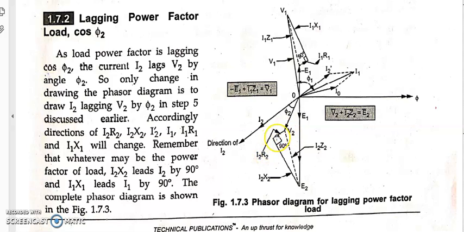Again, this is your voltage drop across the resistance, and we know that for a resistor, voltage and current are in the same phase. Yes, voltage and current are in the same phase. So that's why you can see that this I2R2 length as well as I2 are both parallel. Yes or not? Parallel in the sense that the phase angle is 0 between I2R2 as well as I2. True. So once I2R2 is done, what remains? I2X2 still remains.